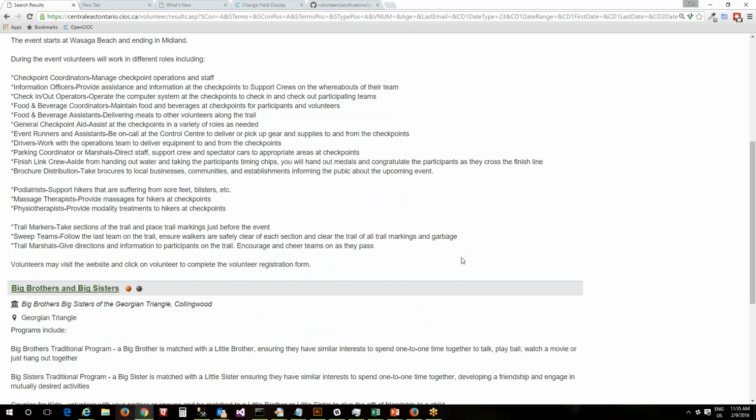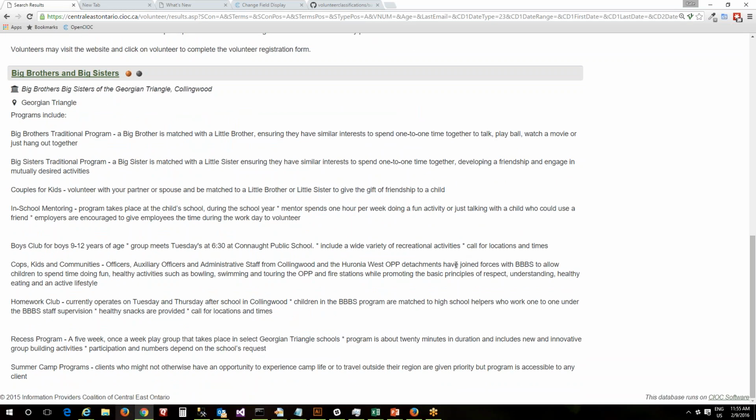So there's a novella. Here's an example of an incredibly long duties field. So what do you do if someone provides you with excellent content for the duties field, but it's just insanely huge? That's where having an extra field for more information on the opportunity, or using the additional requirements field, or something other than the duties field to put some of this information in, is going to allow you to